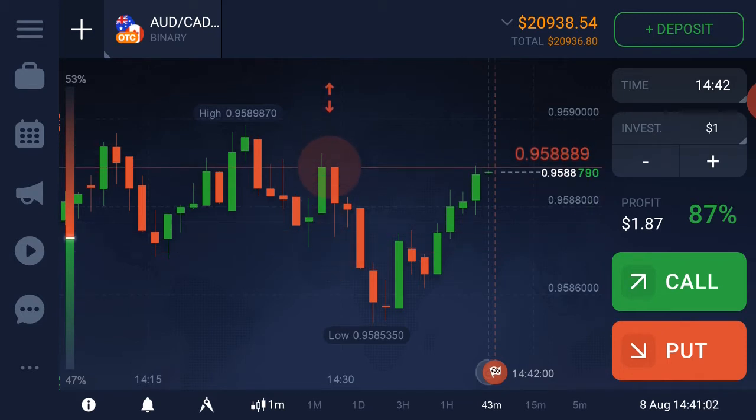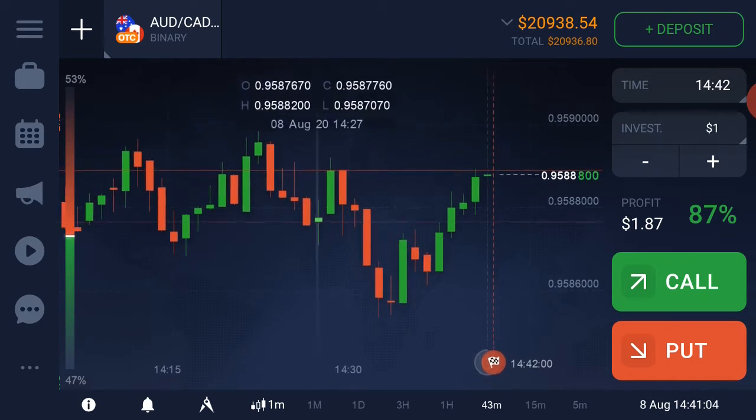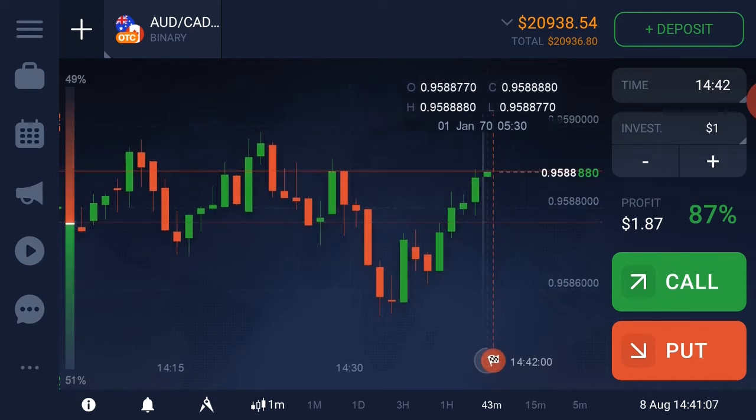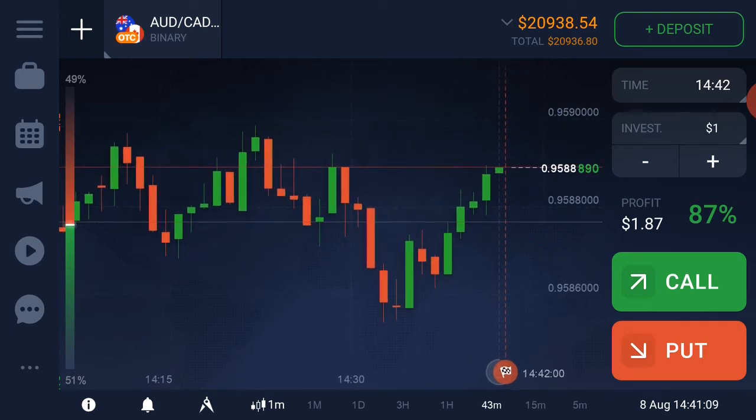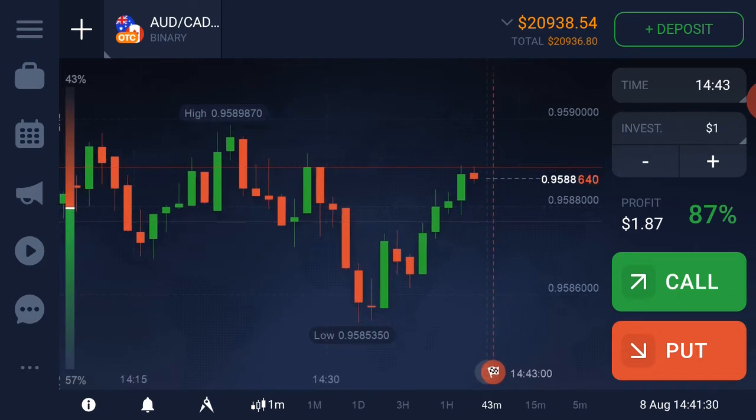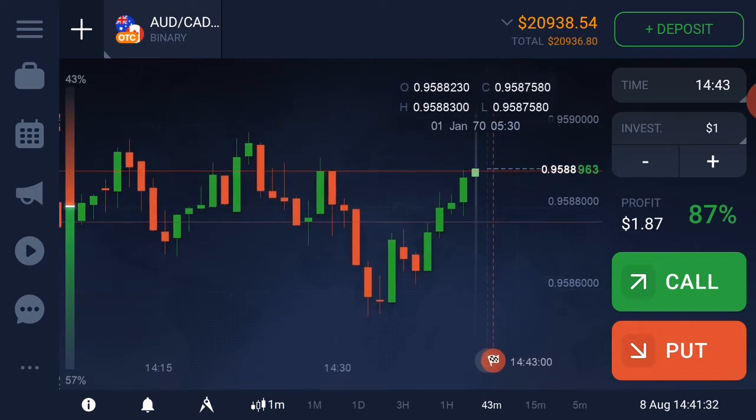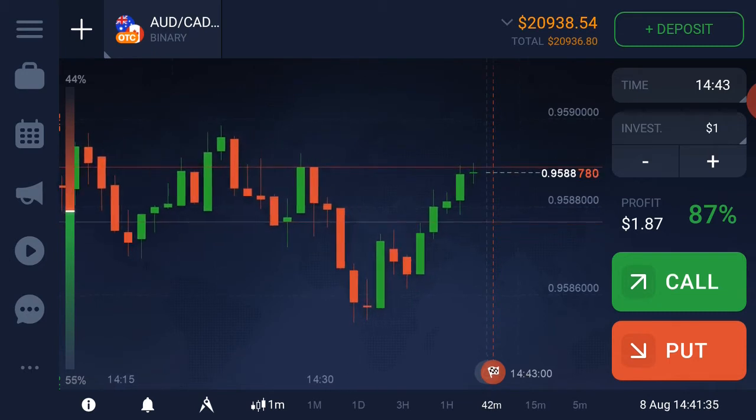This area is a beautiful reversing area. You can see the market reverse from this level. If I get any rejection from the upside, then I will place a put option here. Okay, I missed the trade, it's going up, but no problem, I will trade on the next candle when I am sure. Wait for the right opportunity. If you get the right opportunity, then you can trade, you will 100% win.